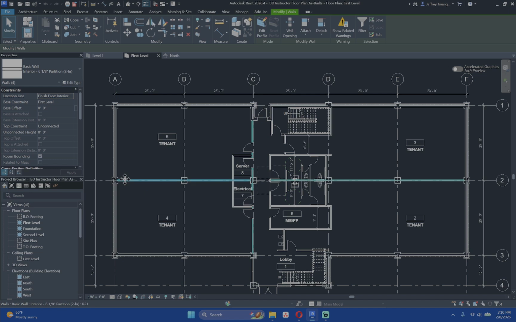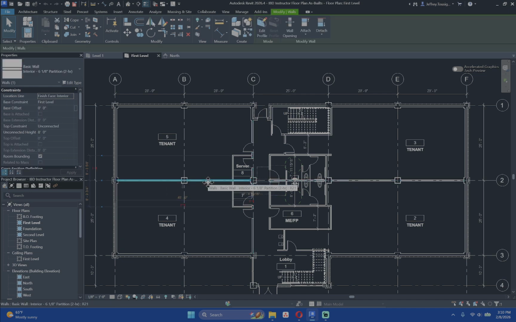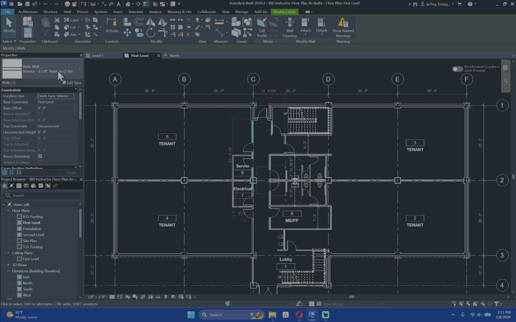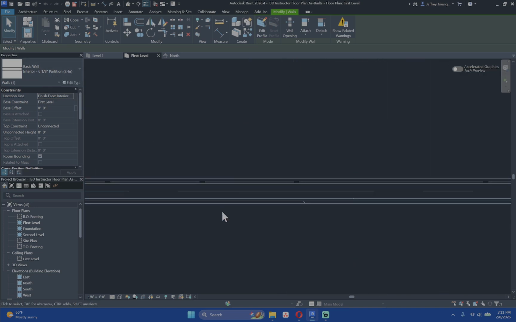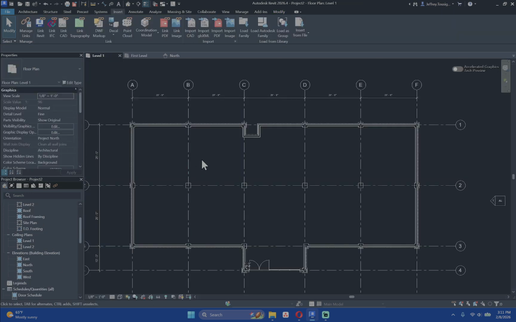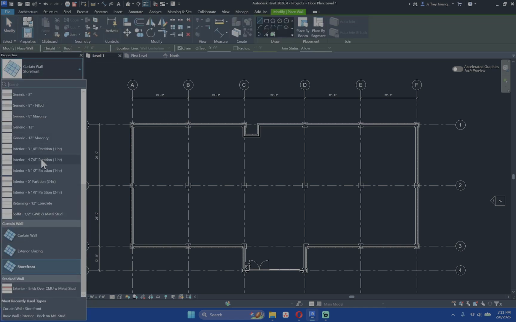These walls in between these two tenants, I'm going to allow it to keep the 4 1/8 inch partition. We could instead do some masonry walls. I'm likely going to do that around the stairwells, but for now, just to separate out the tenants, this 6 1/8 2-hour wall is going to work great with its double gyp on both sides for more fire suppression. So I'm going to go to our floor plan. I'm going to go into the architecture wall tool, and the wall that was being used is the interior 6 1/8